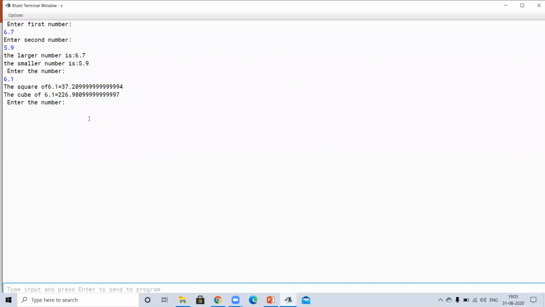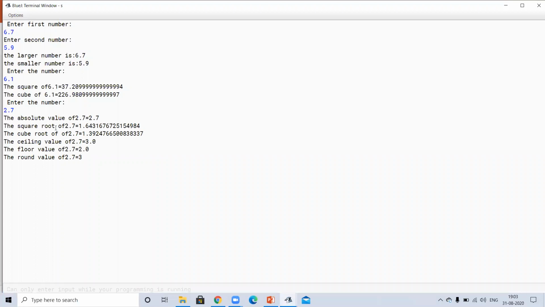Here I have to enter the number. Suppose my number is 2.7. Enter. It is printing all the values. Absolute is 2.7 only, because 2.7 is already a positive number.